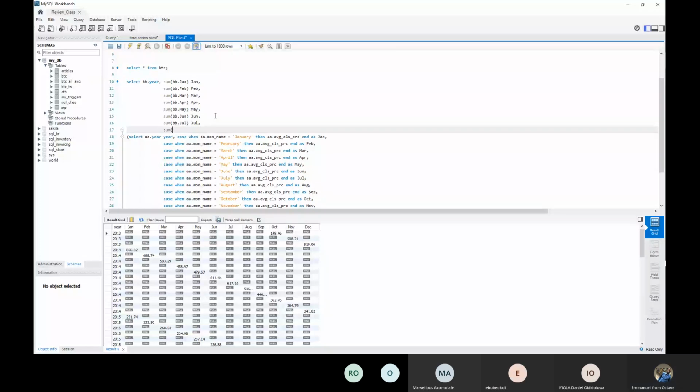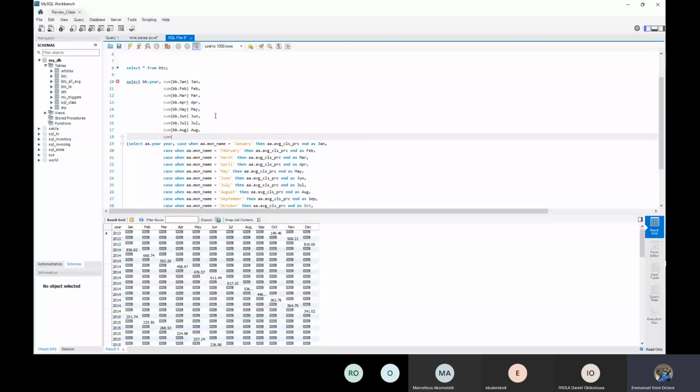Sum of bb.august, call it August, comma, sum bb.september, call it September. This, I think, is supposed to be a capital letter, comma, sum